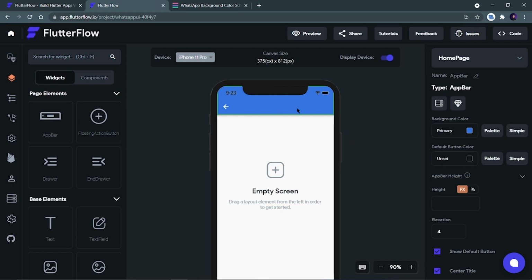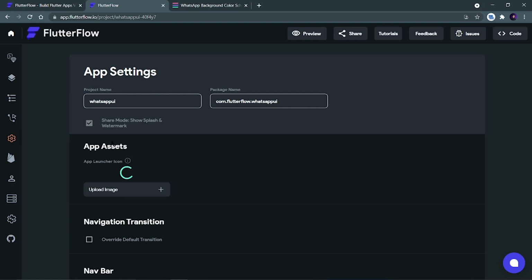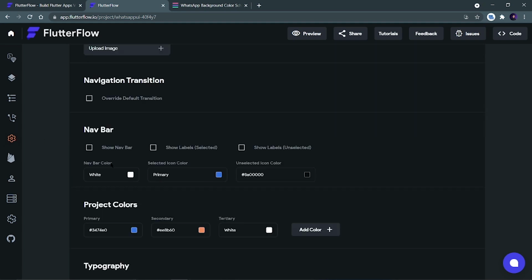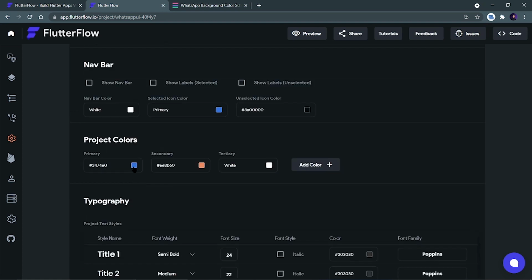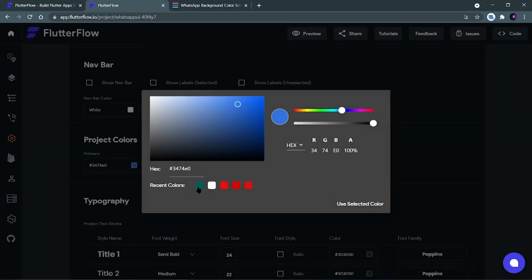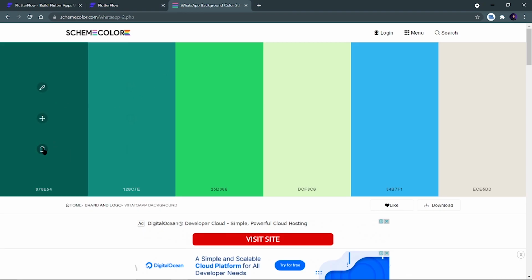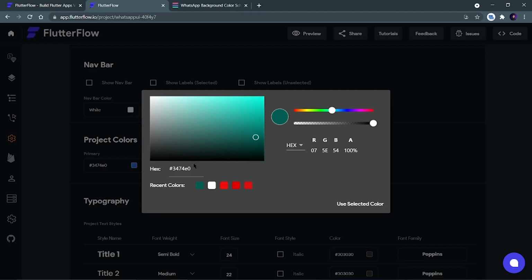And you can see that the color is blue. So what I will do is I will go in the settings and I'm going to change the colors of my project. So yes, primary color I'm going to change. So I'm going to keep the primary color as this color. I've done nothing. I've just copied the color hex code from here and just pasted it over here. I've already done it. That's why it is already showing that color in my recent colors, right?